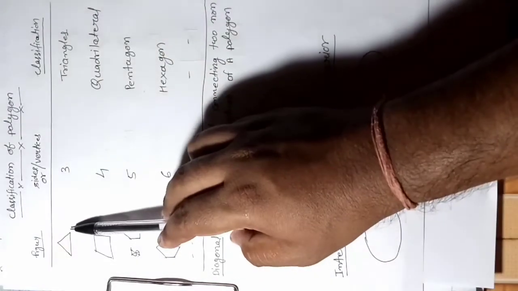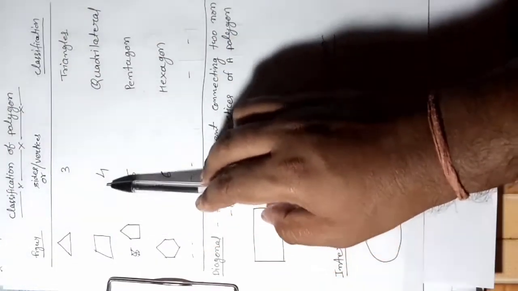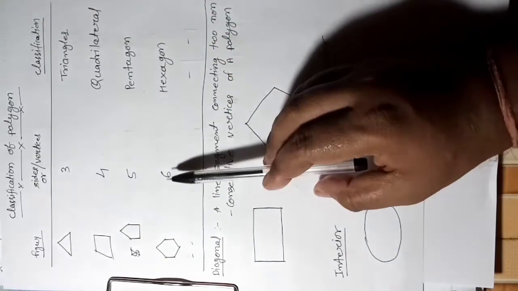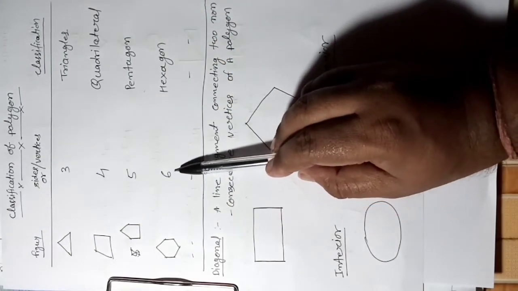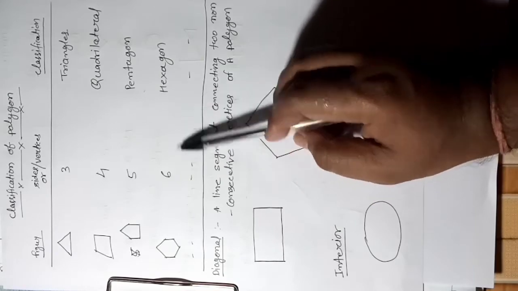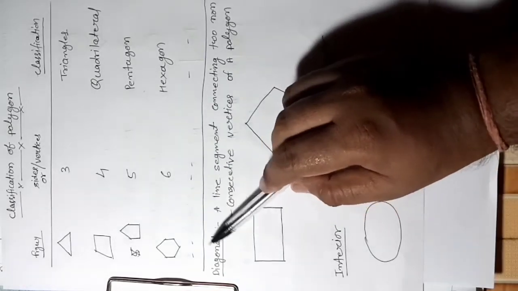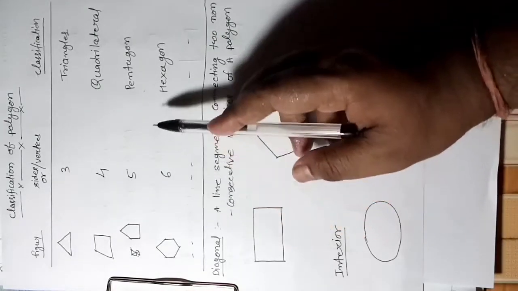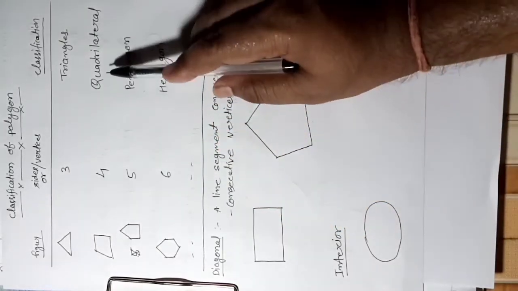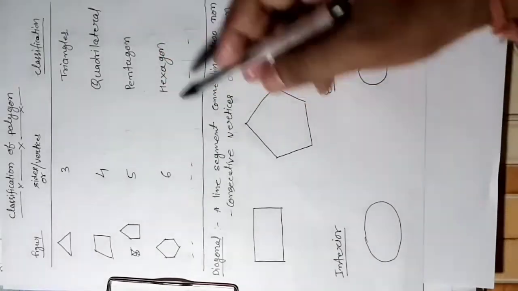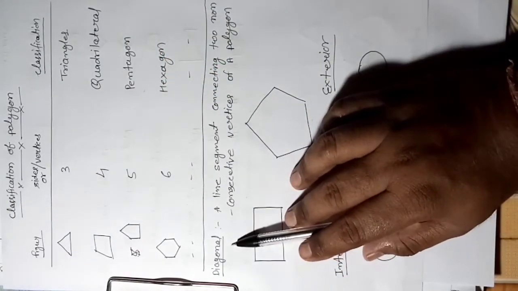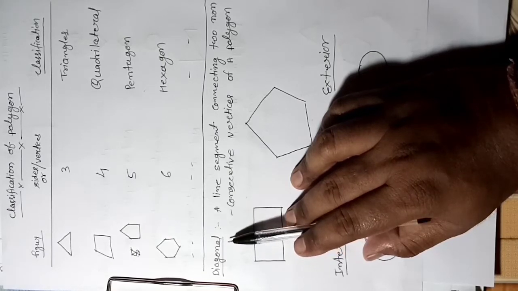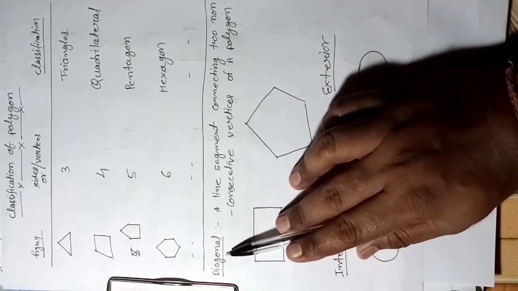A polygon which has 3 sides is a triangle. A polygon which has 4 sides is a quadrilateral. A polygon which has 5 sides is called a pentagon. A polygon which has 6 sides is called a hexagon. Something like that, if you keep increasing, heptagon, octagon, and like that, right? So various polygons exist, but we have to discuss quadrilaterals. Now next thing, diagonals, right? So today I will cover all the basics regarding your quadrilateral. So next is diagonal, right?